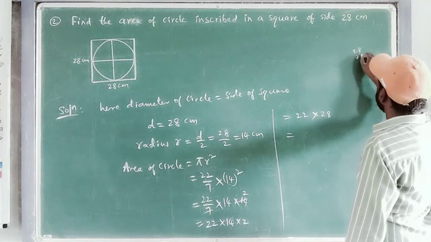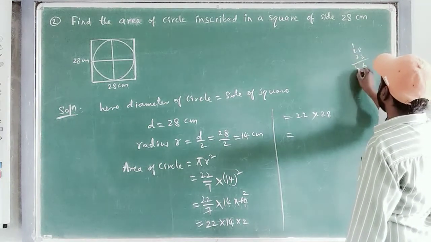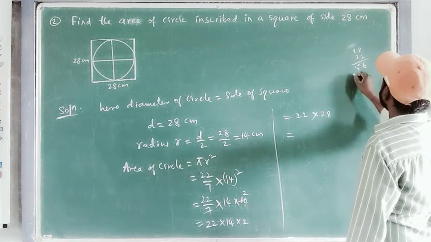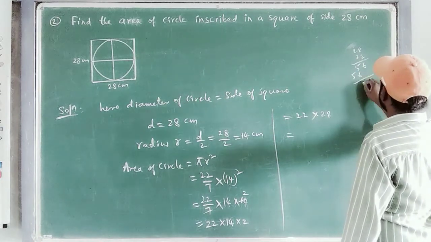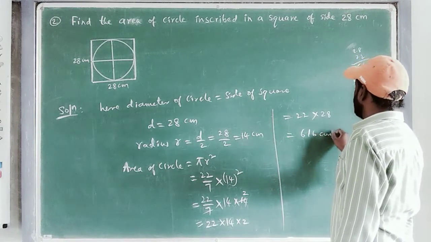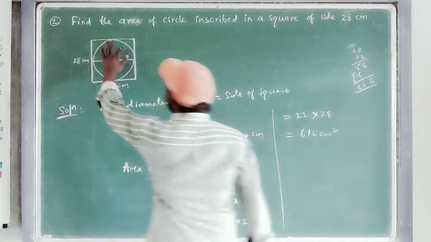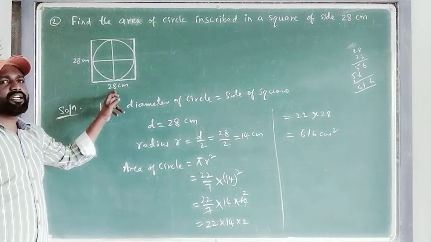28 is here, 22 is here. 2 8s are 16, 1 carry, 2 2s are 4 plus 1 is 5. Again same. So 6 5, so 6 1 6. 616 centimeters square. This is the area of the circle which is inscribed inside the square whose side is 28